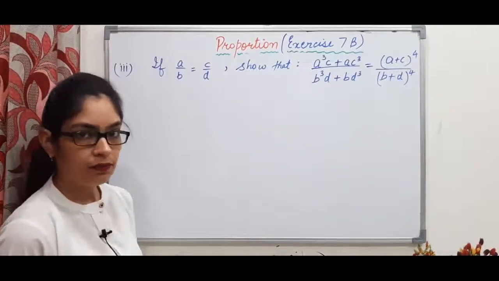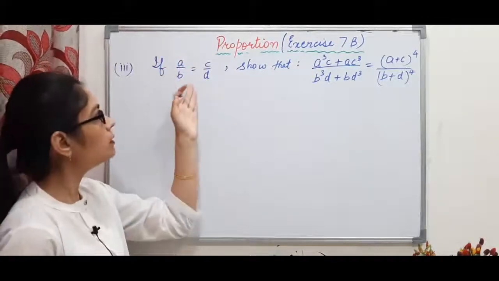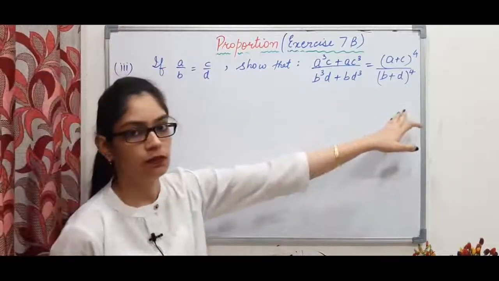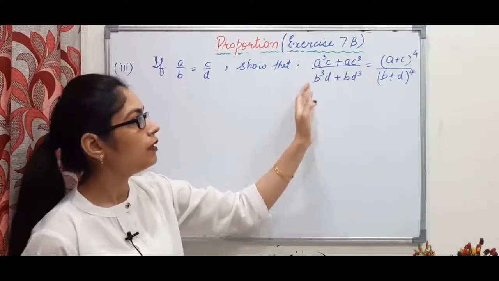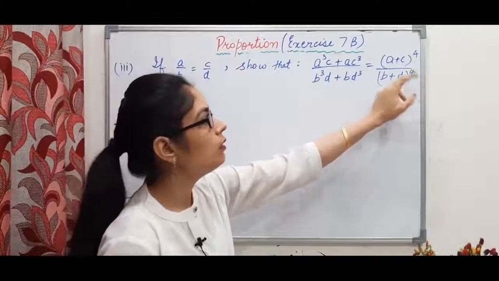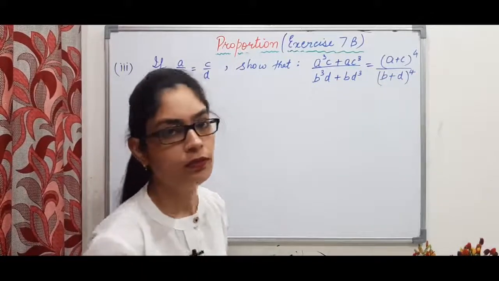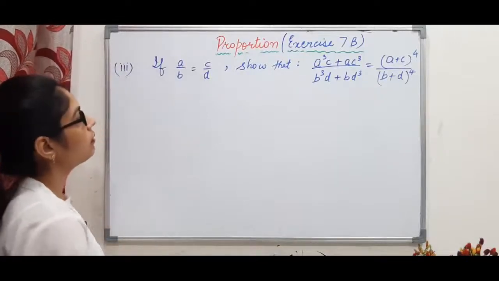In the third part of the 7th question, it's given that if A by B is equal to C by D, show that (A cube C plus AC cube) by (B cube D plus BD cube) is equal to (A plus C) whole power 4 by (B plus D) whole power 4. So this we have to prove. Now whenever this is given to us,